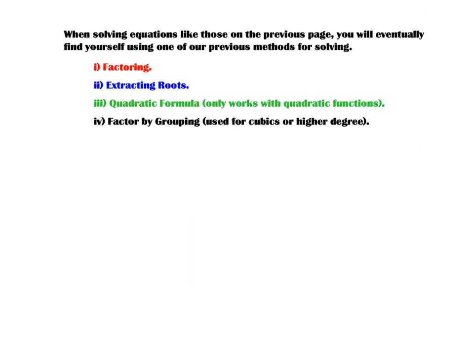So as you might have noticed, after working with square roots, absolute values, and rational functions, what you'll end up doing is getting them into a form that's quadratic or cubic or linear in nature. Therefore, it does all boil back down to the methods we use to solve polynomial equations, which were factoring, extracting roots, quadratic formula, possibly factor by grouping, but it comes down to eventually using those basic skills that we learned